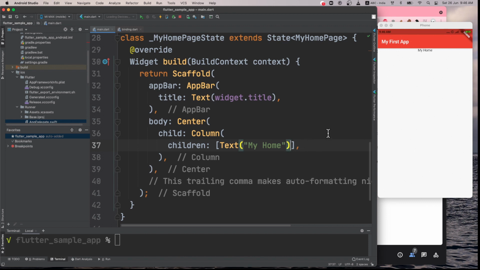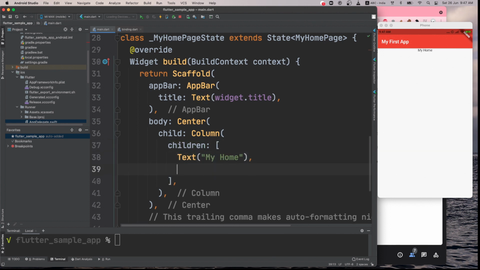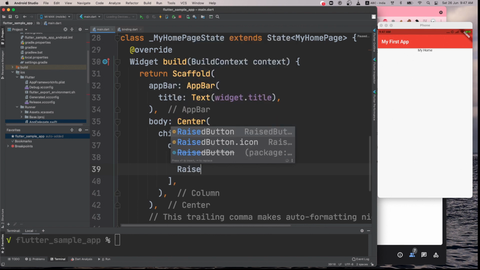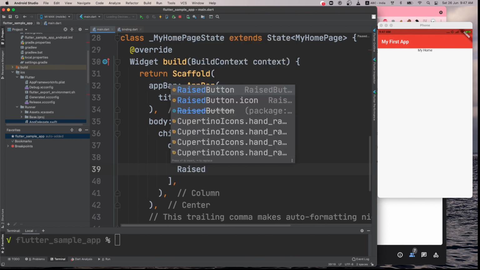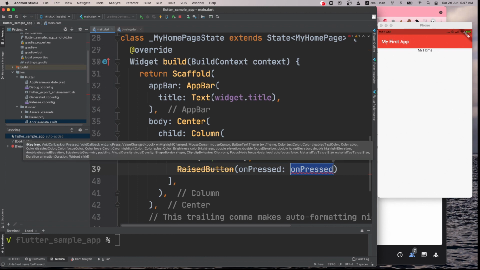And what else can I do? I wanted to put a button below this. So to put a button you can use, I think, raised button. Okay, it is saying raised button has been deprecated, but still we can use it.